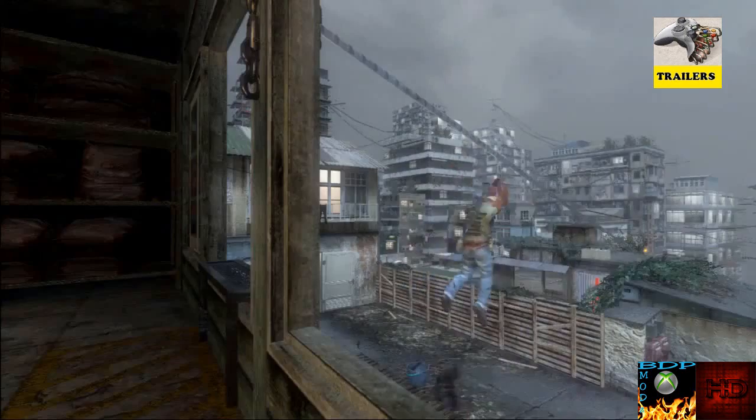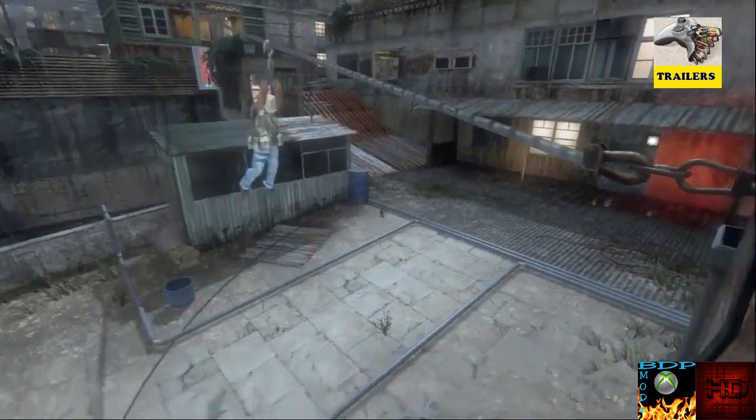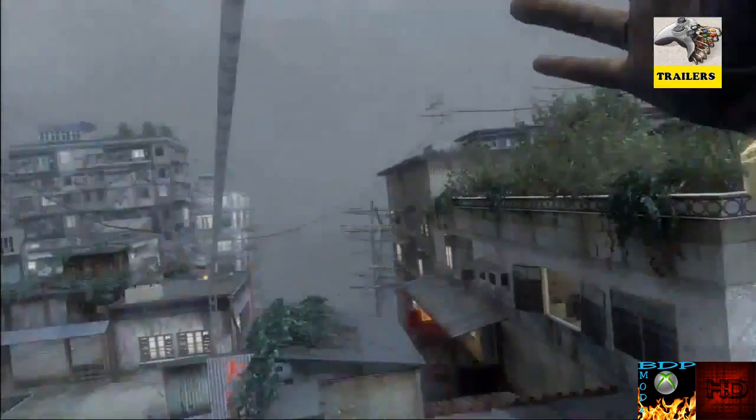Kowloon is the only map that has zip lines, which will allow players to quickly get from point A to point B. The trade-off to that is that you're completely exposed while you're on the zip line. You can't use your weapon. It's going to get you to your location much faster, but there's also the risk that you're going to get